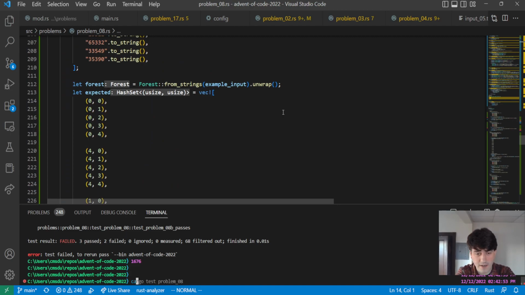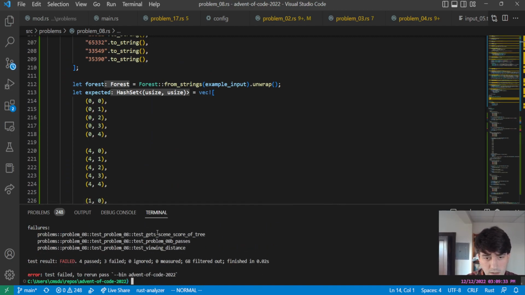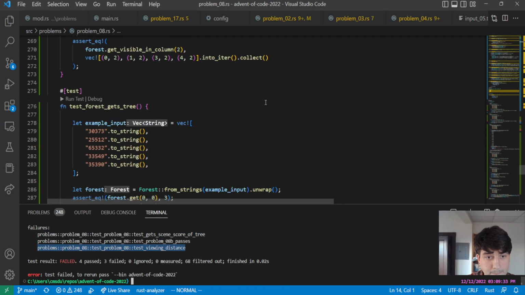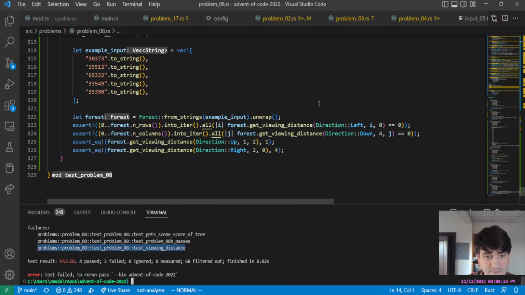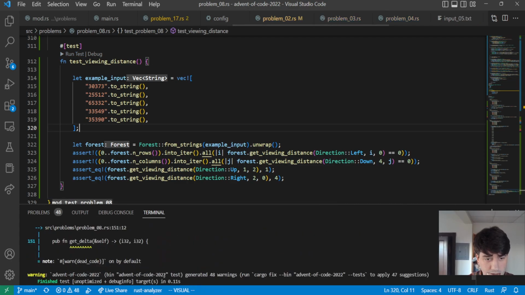Let's see what our tests say. Our tests say that our viewing distance function is not working. Get viewing distance. It is failing on